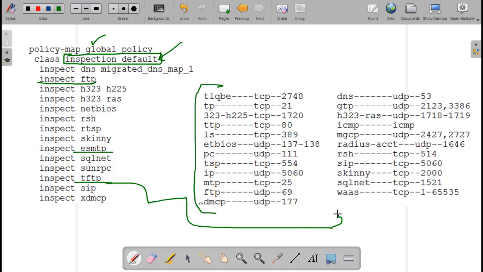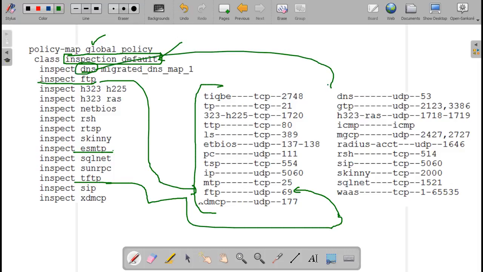First one, second last. Okay. For FTP, it's here. For ESMTP, where is it? Okay, and for DNS, do it here.